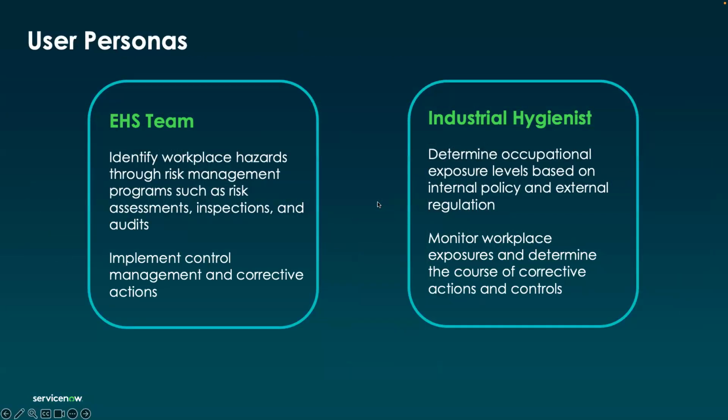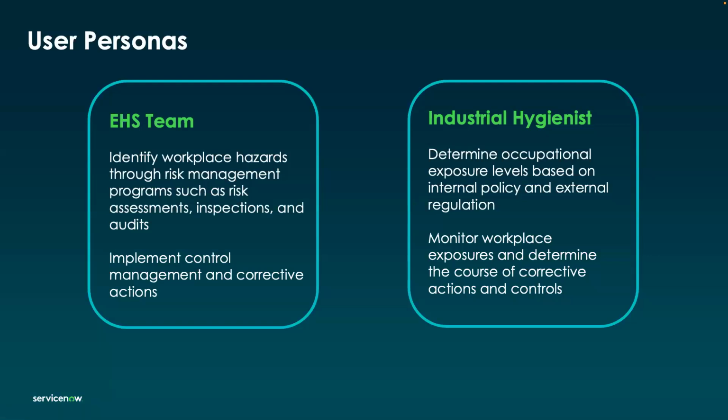From a user persona perspective, we have two key personas here from more so the business side. The first one is going to be the EHS team. These are generalized personas. Every organization, depending on the severity of risk and the size of the organization, might have more granular roles that are specifically working through each of these tasks. But here we have our EHS team, and the goal of their job really is to identify workplace hazards through